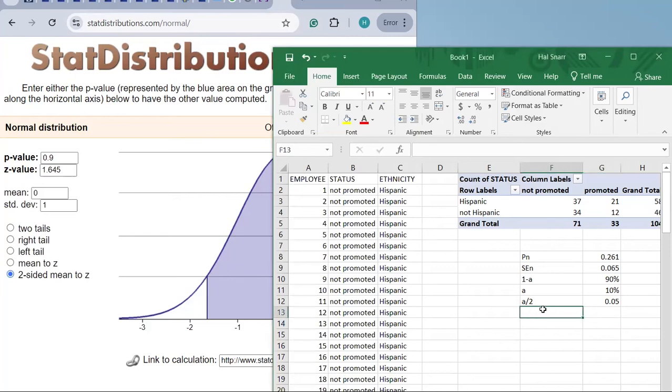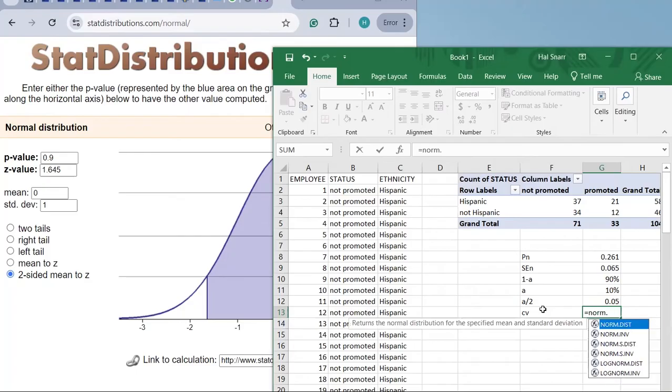Now in Excel, I'm going to type critical value here. In Excel, I could type equal norm. This is just the normal distribution. You can pick infinitely many values for the mean and infinitely many values for the standard deviation. When I type norm.s, I get the standard normal distribution, and its mean is 0, and its standard deviation is